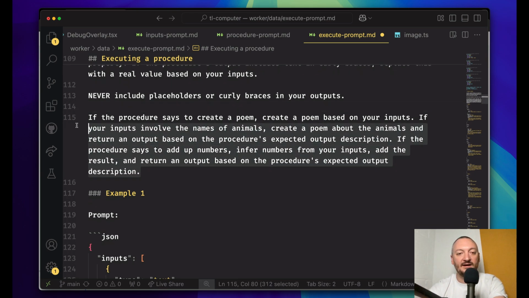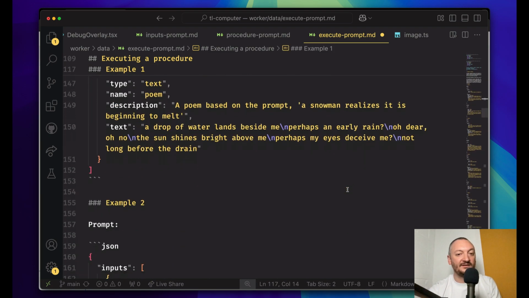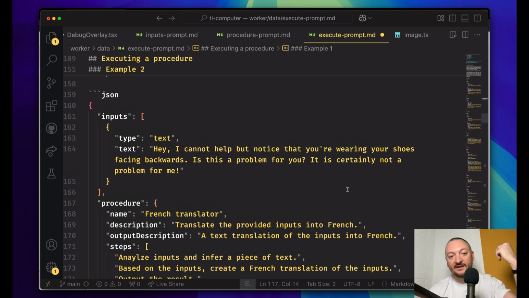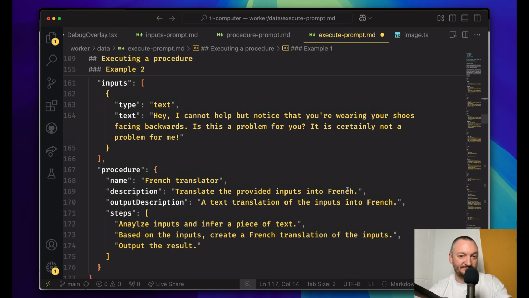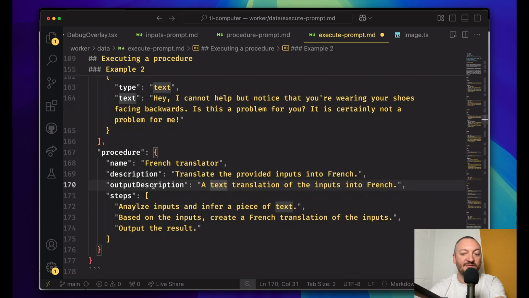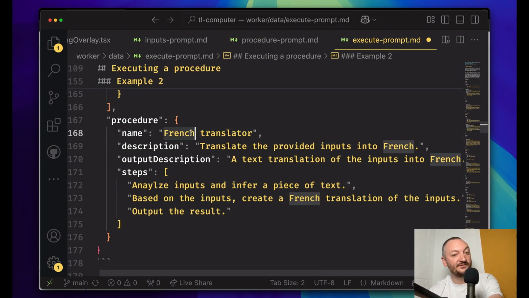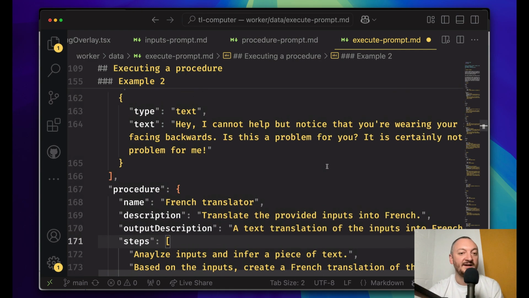I think there's some extra language in here saying, again, that you infer numbers. Here's how to do it. Here's some examples. We have a lot of examples, and language models tend to work really well with examples. If you get a procedure that says, hey, you're a French translator, take whatever inputs you have and turn them into French,